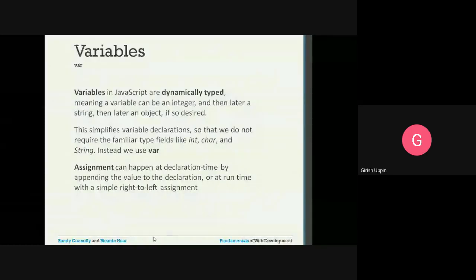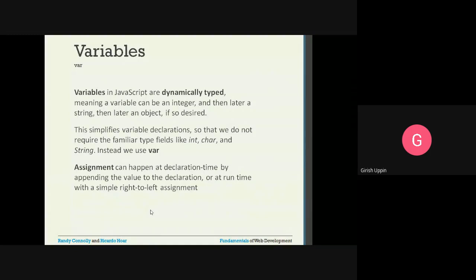This simplifies variable declaration so that we do not require familiar type keywords like int, char, and string. Instead, we use var. So var is used for defining a variable, and you need not specify what type it is. Whatever value you store in it, it will take that type.